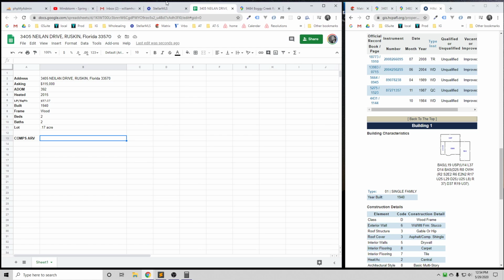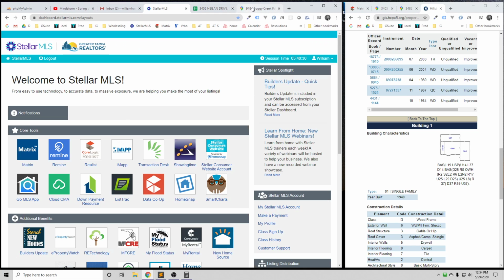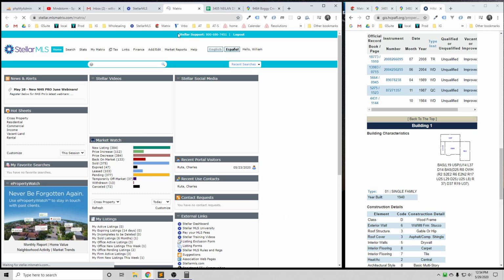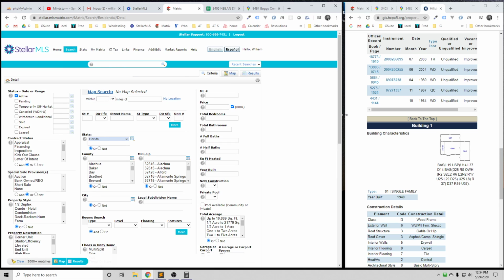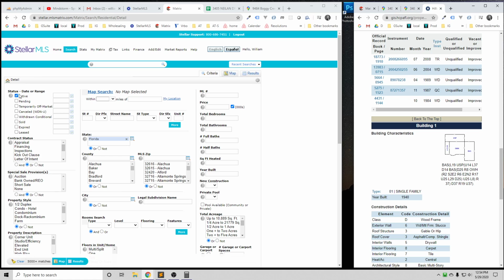And people do comps a lot of different ways, but this is just how I do them. I mean, there's no one answer. The comps are very, very subjective. There might be some methodology that people use, and I think there are general methodologies, but I like to look at everything because I think everything's important. Like, if there are properties that were withdrawn or temporarily off market, or they're canceled,